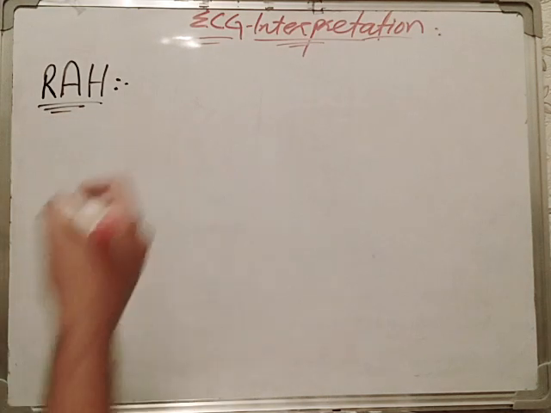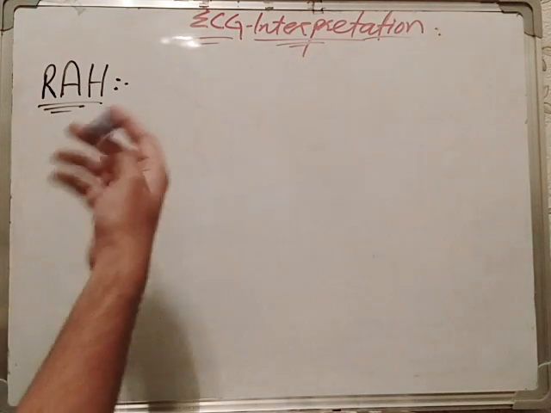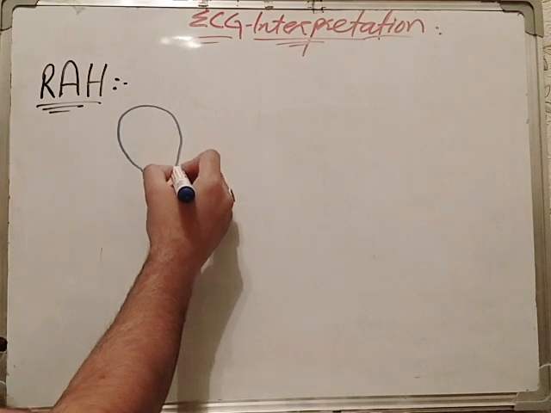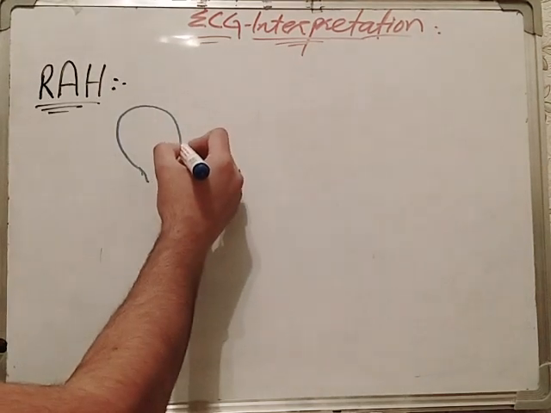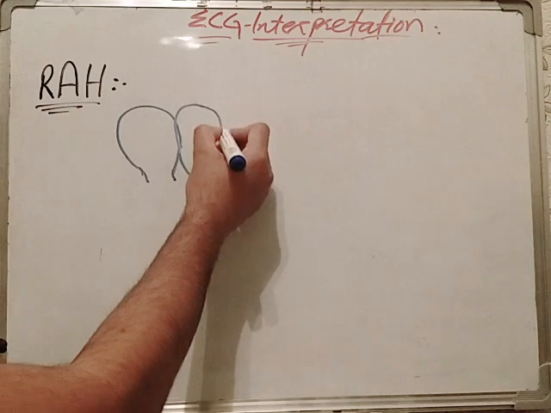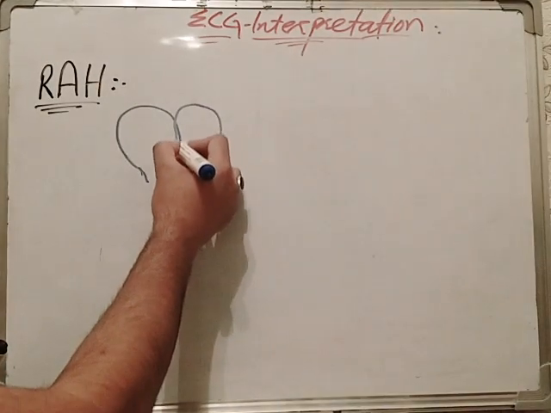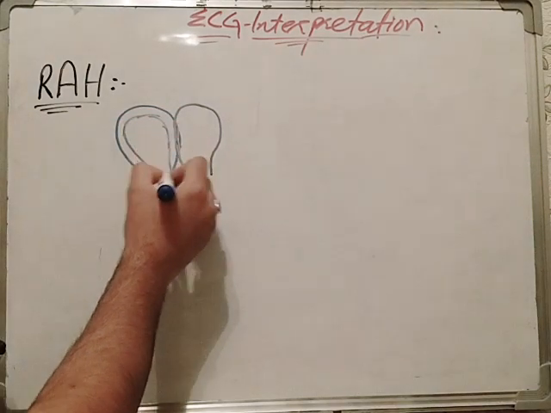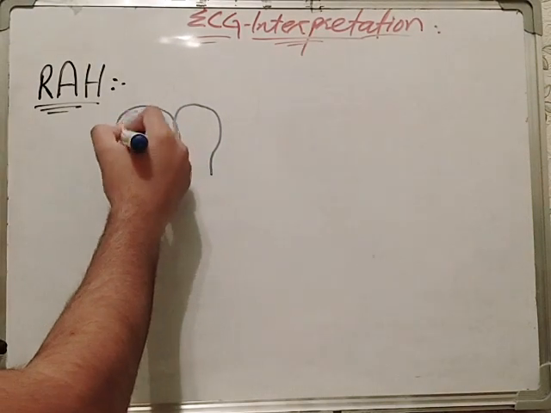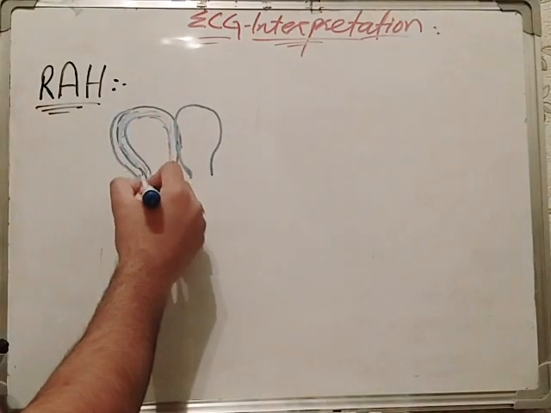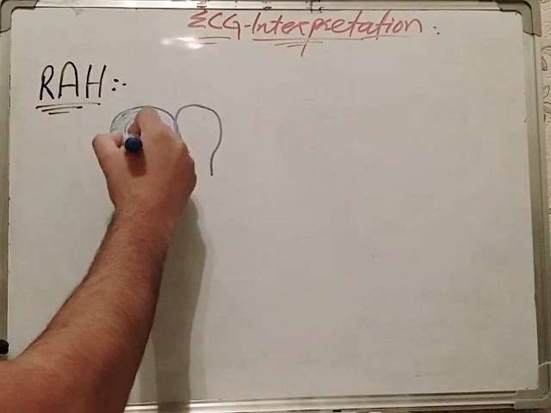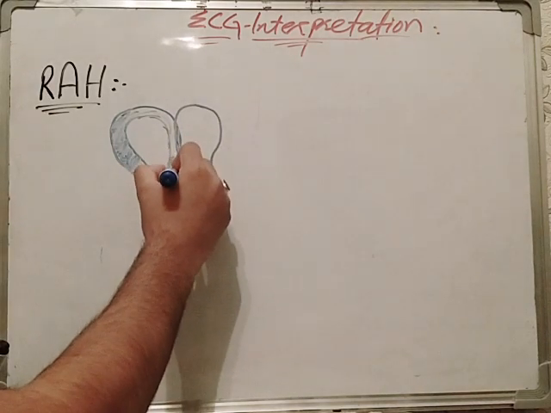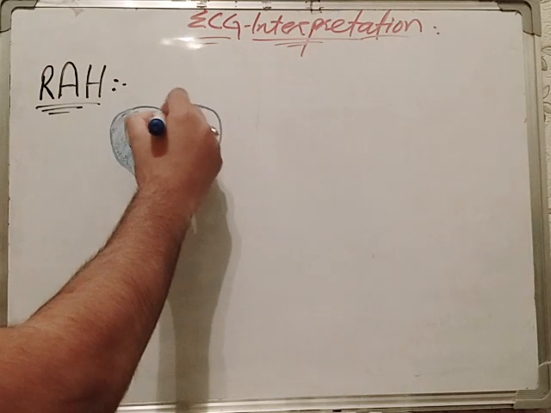In this, for example, the right atrium undergoes hypertrophy, but the left atrium remains normal in size. So this undergoes hypertrophy, an increase in muscle size and thickness of the atrium, and mainly the reason for this hypertrophy is related to